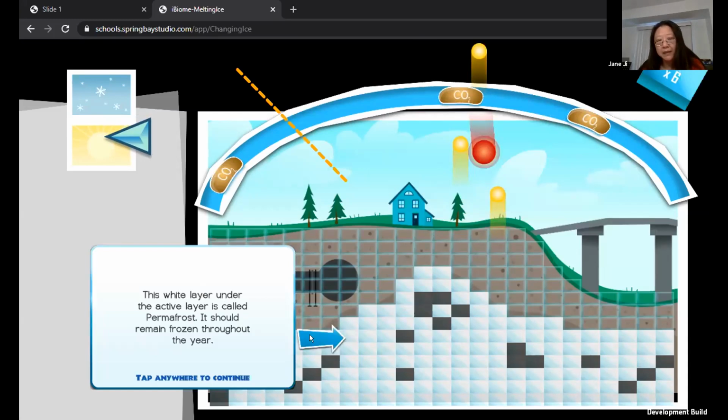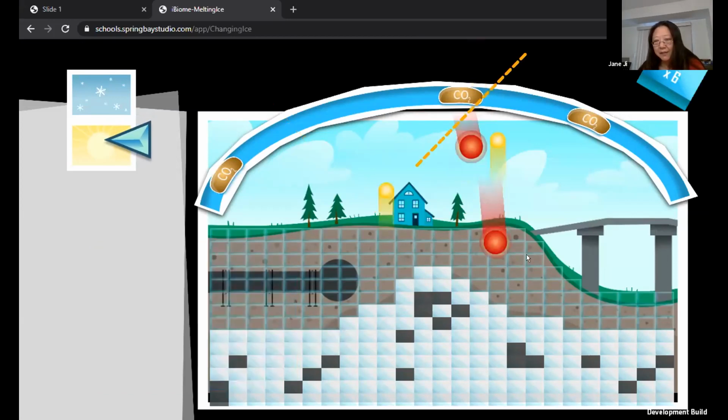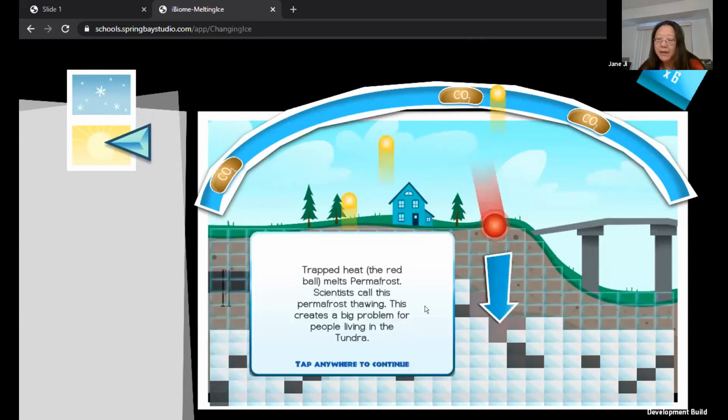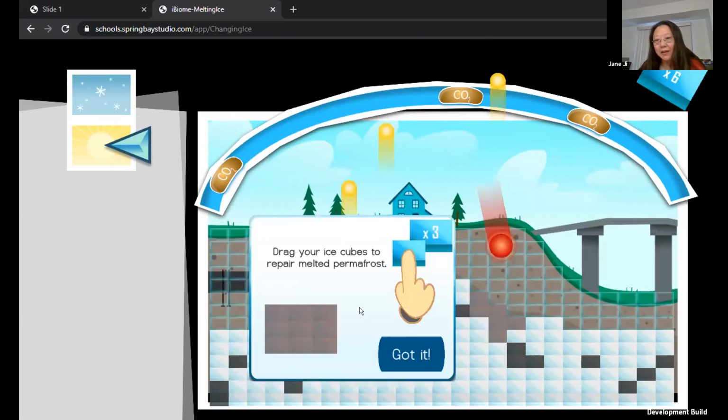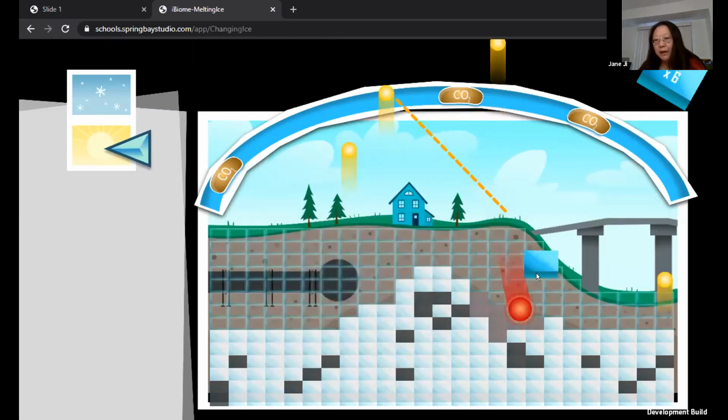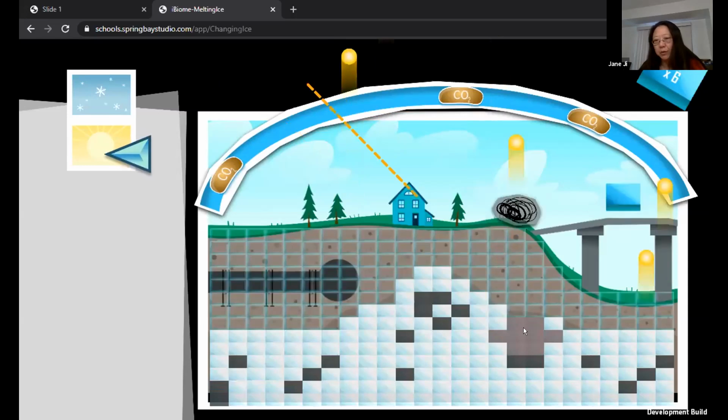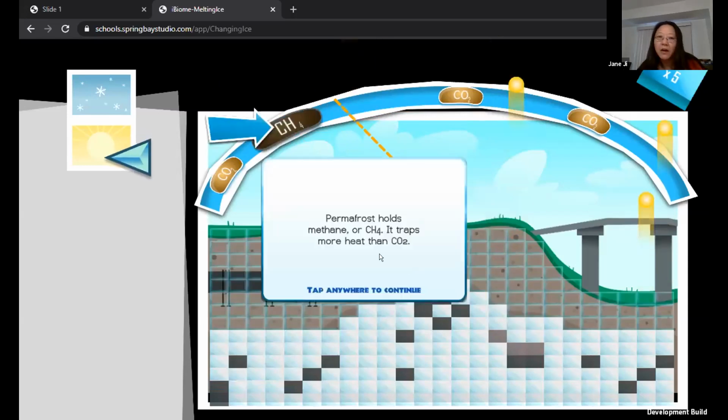And the white layer here represents the permafrost layer. So you can certainly see the heat actually melting away, or the scientific term is thawing. So what is that? And they have a physical experience of that. And this part is about building the connection, that we really want to help prevent this from happening. So we are repairing the thawing part. Obviously, in reality, that's more complicated.